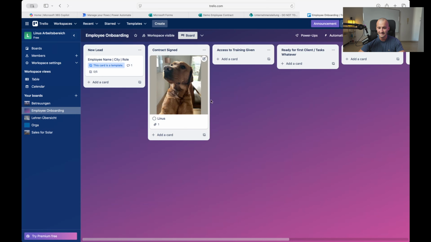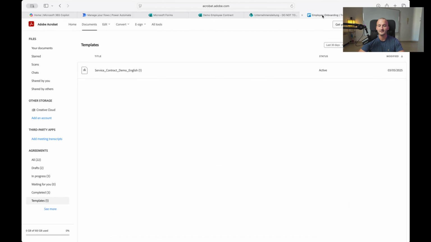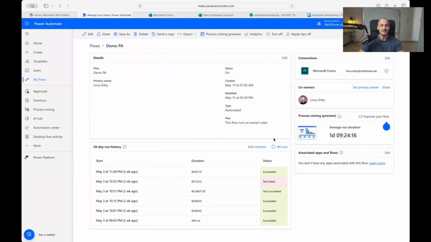What we want to see is this card being automatically created, obviously without the nice picture, and then moved through here. Some of the steps automatic, some of the steps not so automatic. Now that we have a form, a contract, and Trello, all three things that we needed, let's go into Microsoft Power Automate. This is the automation tool that we're going to use,